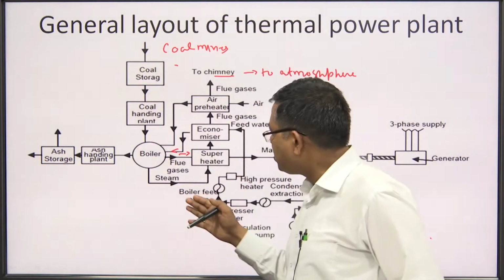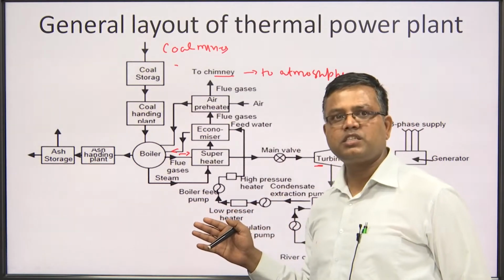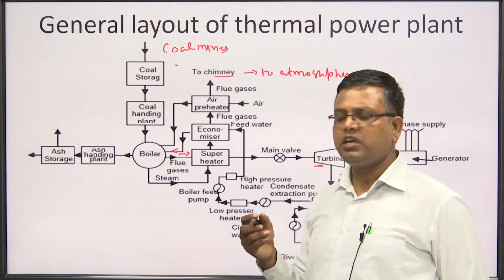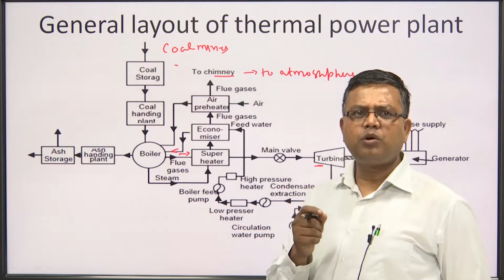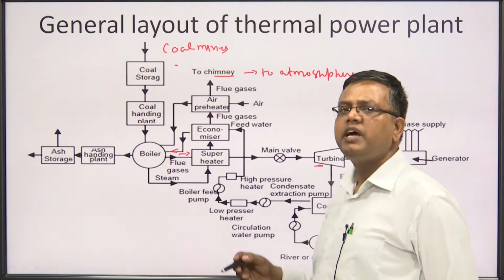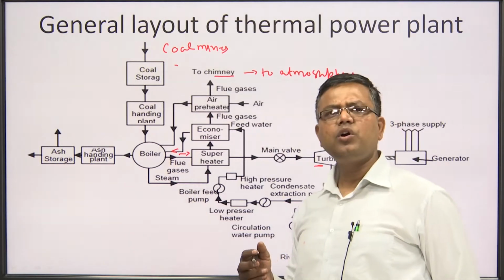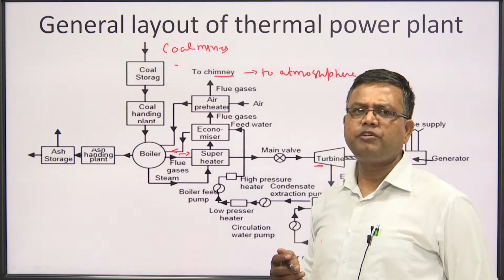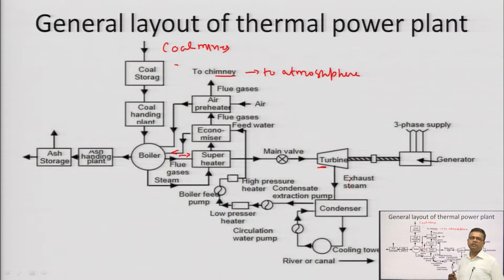In this diagram you can see there are some accessories and some mountings. Mountings and accessories will be dealt with separately, but still I want to tell you slightly about these. Superheater, economizer, air preheater, these are the accessories. Now, what are accessories? Accessories are parts, or some fittings on the boiler, which can increase the efficiency of the boiler. Means these are not mandatory. If you want, you can use them; if you do not want, you need not. But if you use them, they will increase the thermal efficiency.